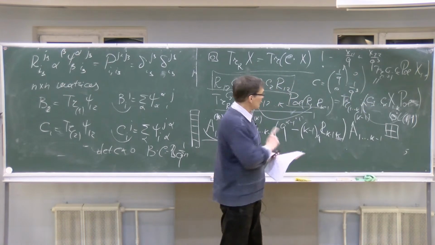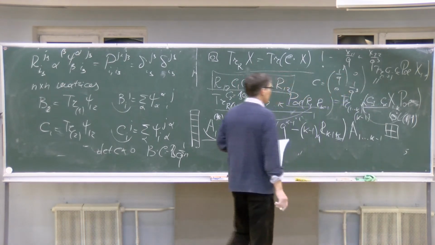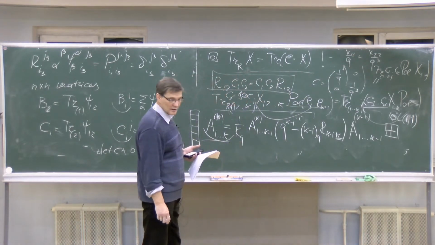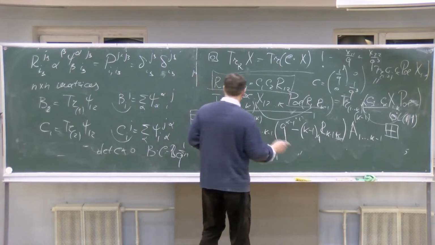But in order to move this polynomial through this C, I just wonder what is so important, because this polynomial of R1 and K, isn't it just a polynomial of matrices with commutative entries? Yes. But you see,